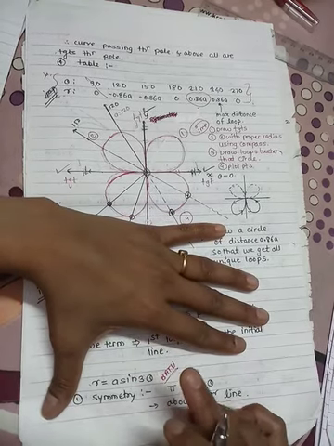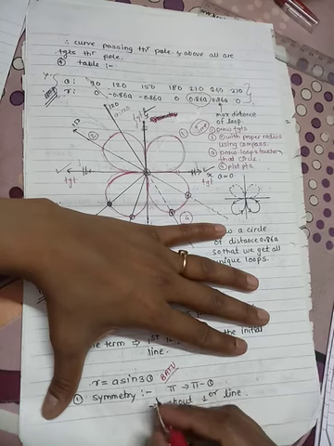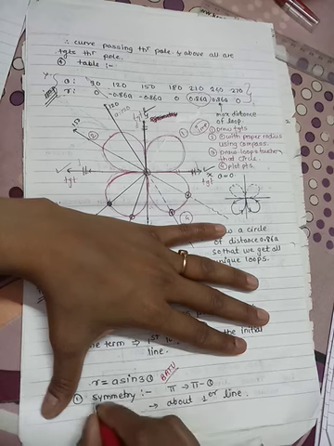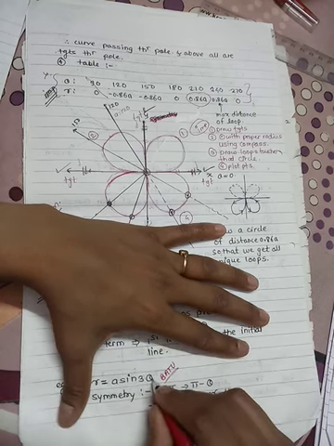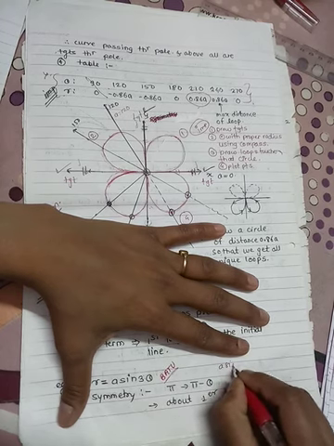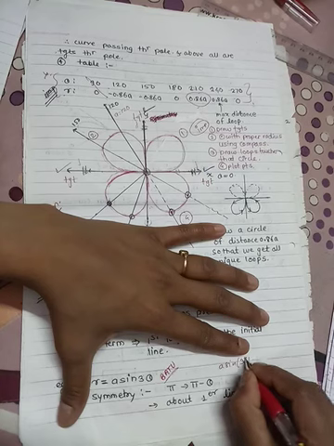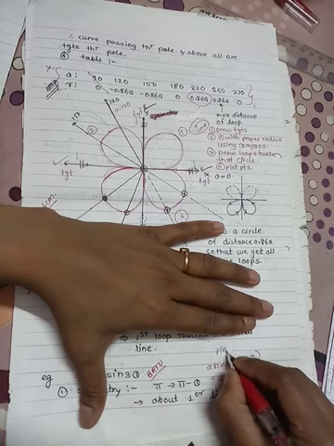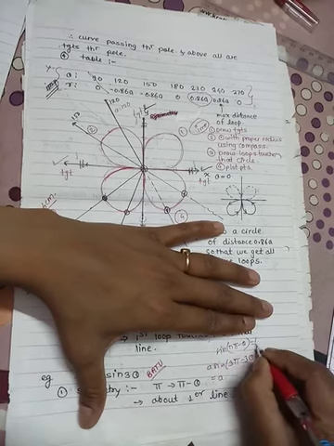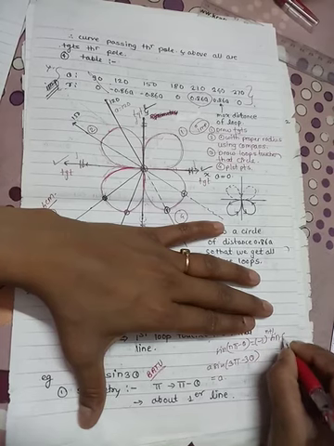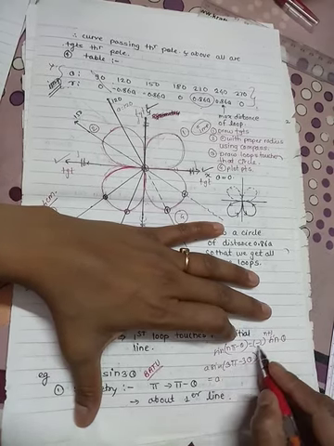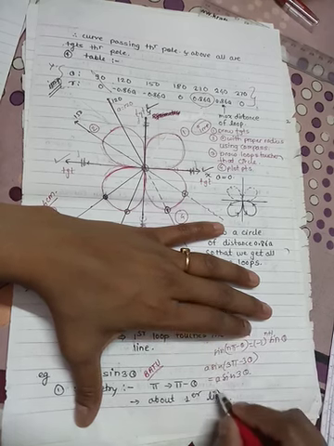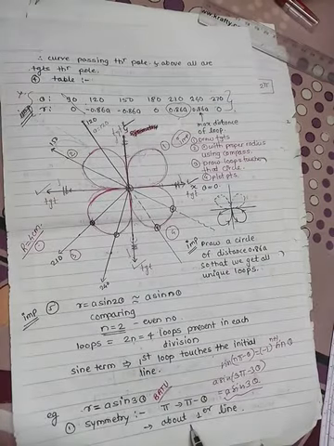This type of calculation we have seen many times in previous examples. So you can just see by roughly. So put theta equal to pi minus theta. So a into sine 3 into pi minus theta is 3 pi minus 3 theta. So we use sine n pi minus theta formula. So this is minus 1 raised to n plus 1 sine theta. So here n value is 3. So minus 1 raised to 3 plus 1, minus 1 raised to 4, that is 1, sine 3 theta. So we get original equation. Hence symmetry is about perpendicular line.